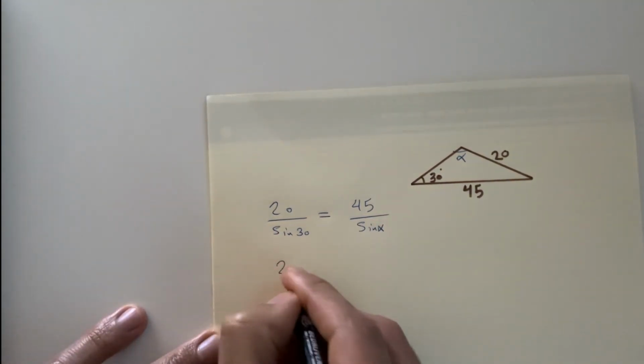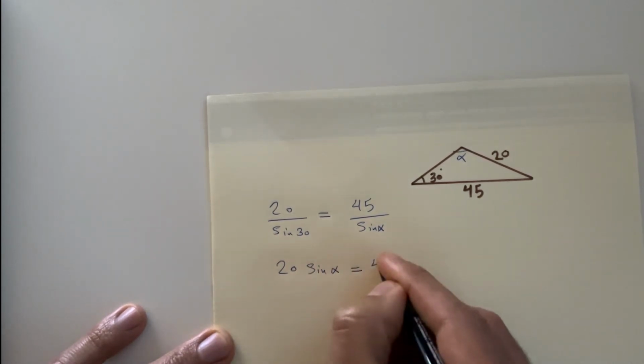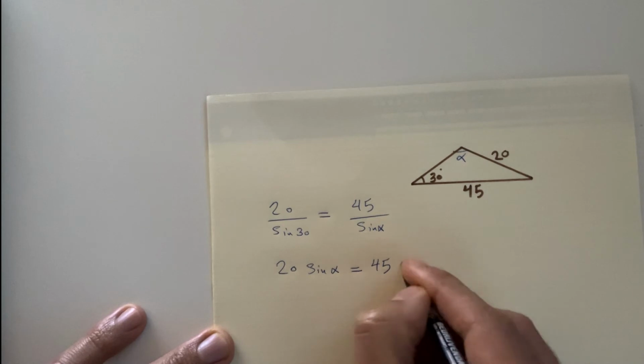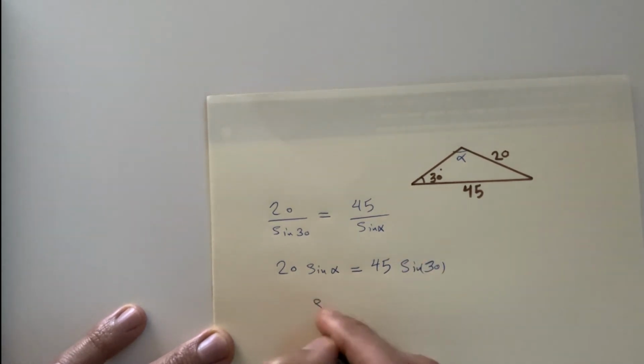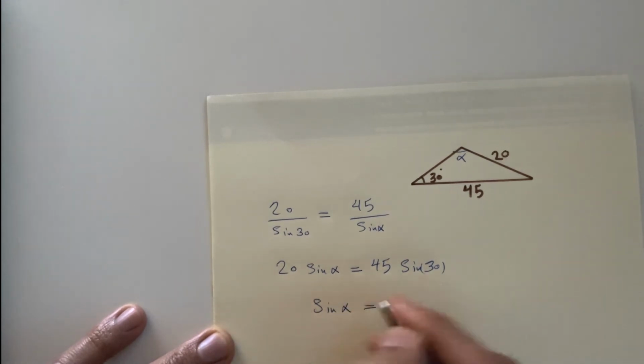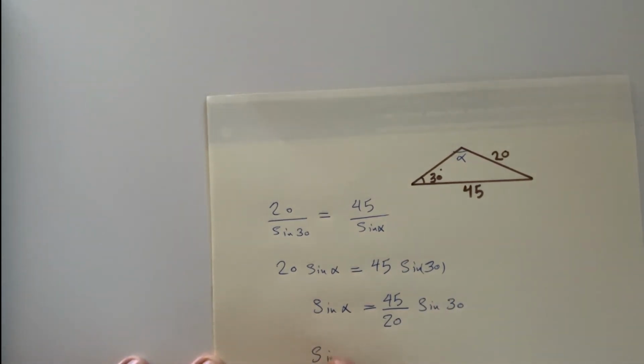This means 20 sine alpha is equal to 45 sine 30. Sine alpha is equal to 45 over 20 sine 30, which means sine alpha is equal to